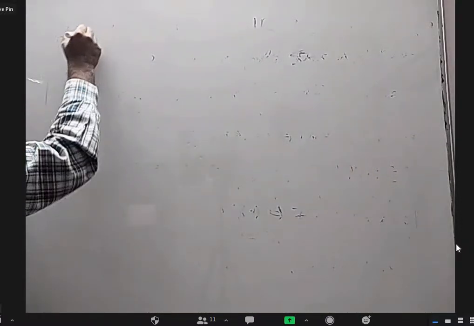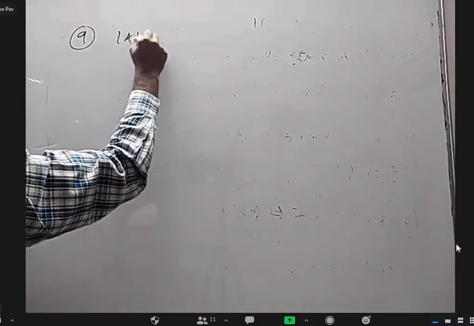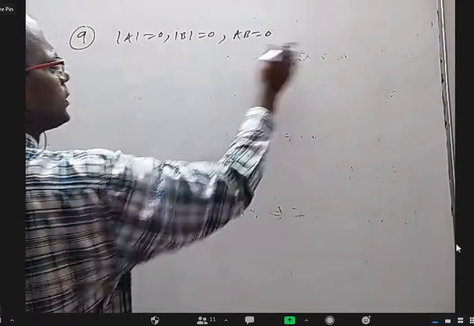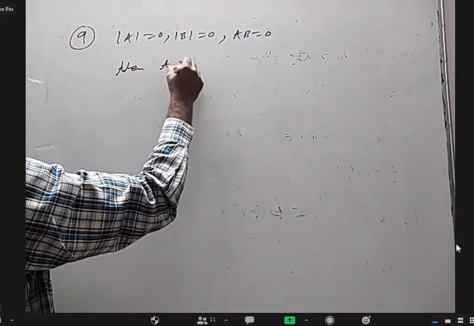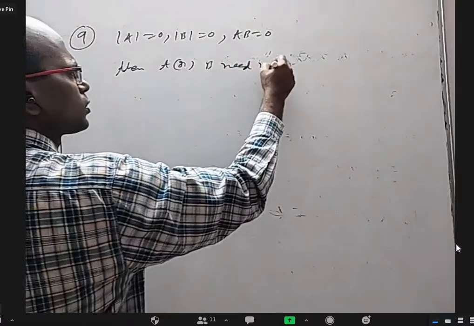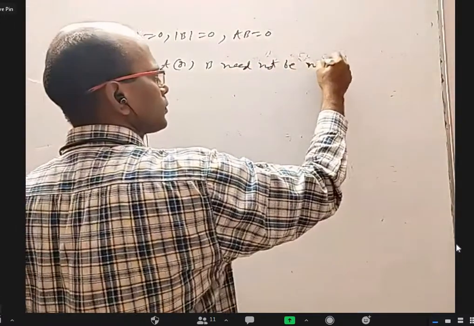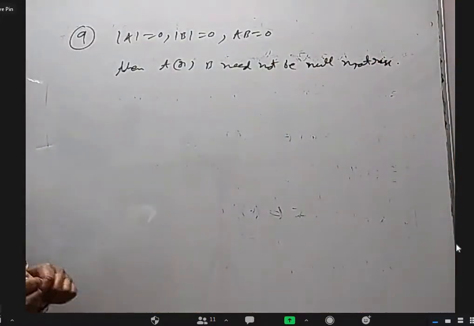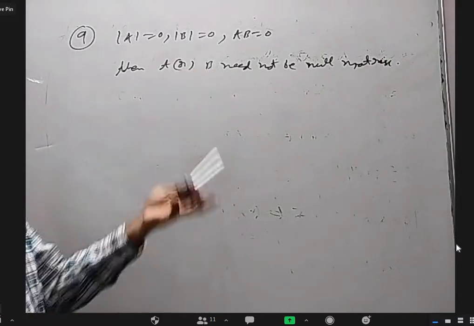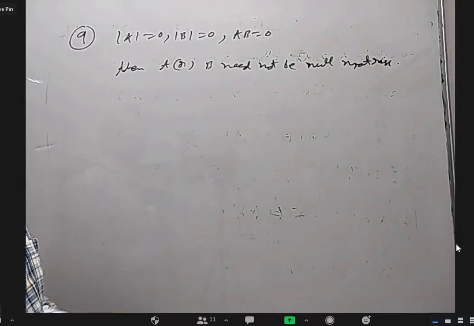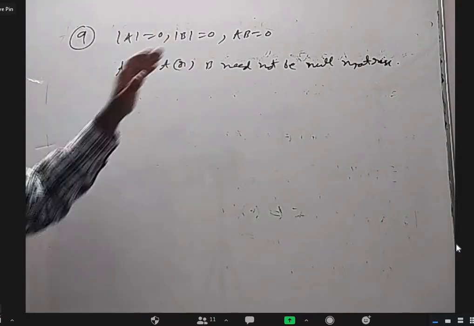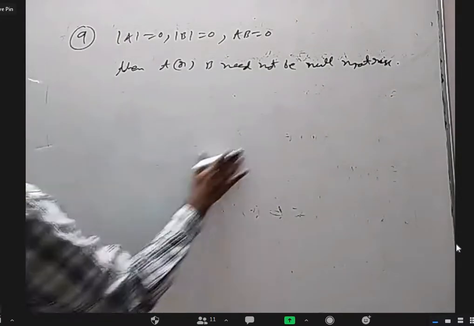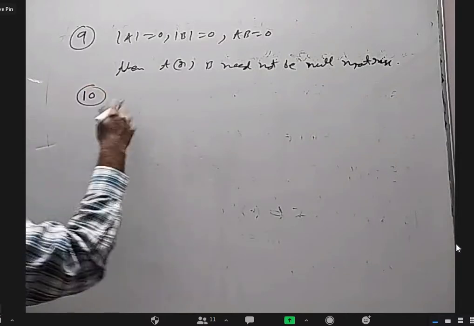Okay, anyway, one more point related to this is if det A is 0, det B is 0, and AB is a null matrix, then A or B need not be a null matrix. If both dets are 0 and AB is a null matrix, we cannot multiply by A inverse because A inverse doesn't exist. We cannot multiply by B inverse because B inverse doesn't exist. So when det A and det B both are 0, neither A nor B need be a null matrix.